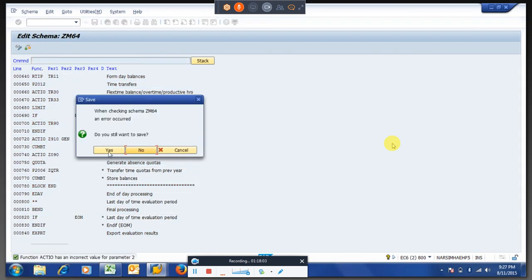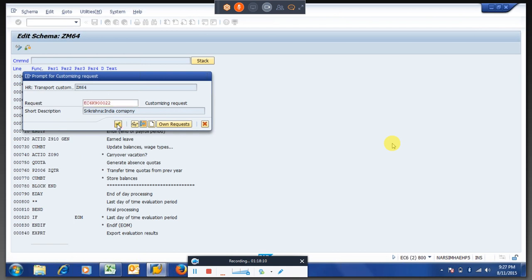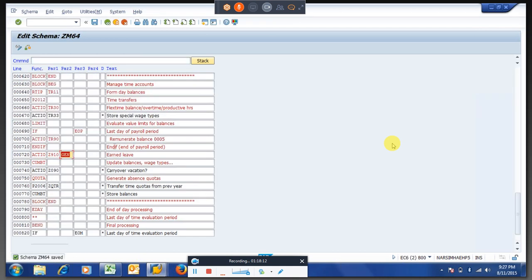If you put something in the parameter and you are using this function, it won't allow. So we'll come back to this parameter assigning in the next class. As of now, these are the standard things which we will assign.